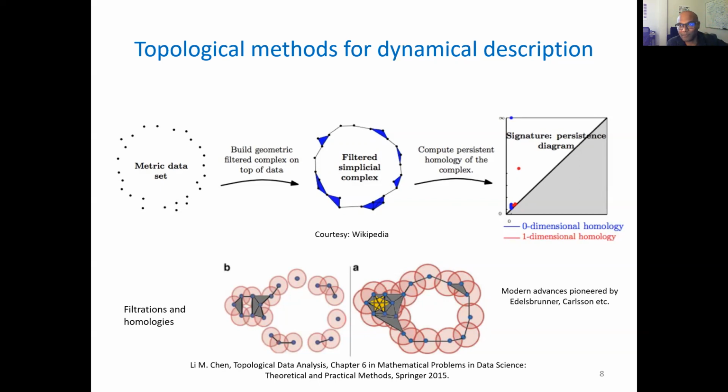And so this point cloud resides potentially in high dimensions. It's not going to be 2D and 3D. It's going to be much, much higher dimension. But from there, we hope to extract features that are invariant to the intrinsic topological equivalence that exists in this process. And we hope to get persistence diagrams which encode the birth and death of significant topological features like cycles, voids, connected components, and so on and so forth. And of course, most of these things were due to the advances of Herbert Edelsbrunner, Gunnar Carlsson, and that whole lineage of mathematicians.